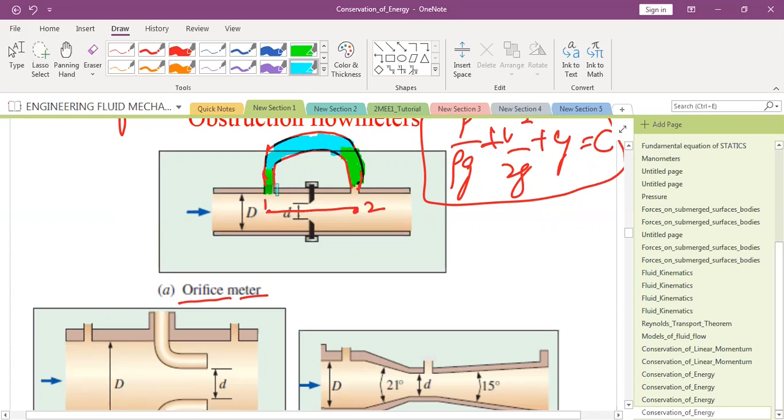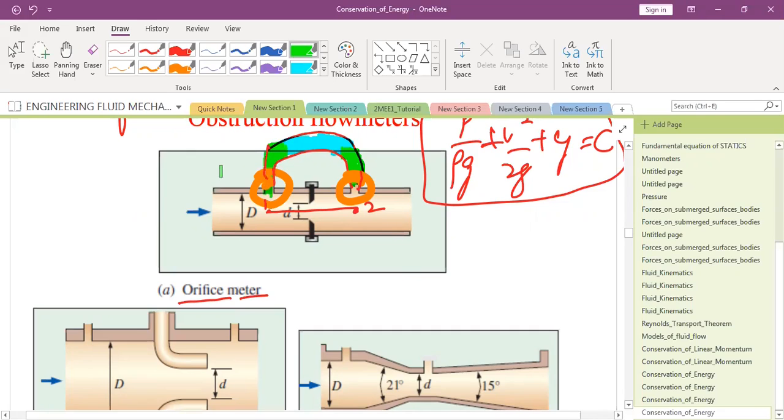प्रेशर कहां पे ज्यादा होगा? इस लोकेशन पे ज्यादा होगा कि इस लोकेशन पे ज्यादा होगा? सर पहली वाली लोकेशन पे ज्यादा होगा प्रेशर। तो यहां पे प्रेशर ज्यादा होना चाहिए। क्यों? क्योंकि सर यहाँ पे वेलोसिटी कम है, यहाँ वेलोसिटी कम है। So please remember, this configuration should be the other way around. That is, this should be higher at this location,